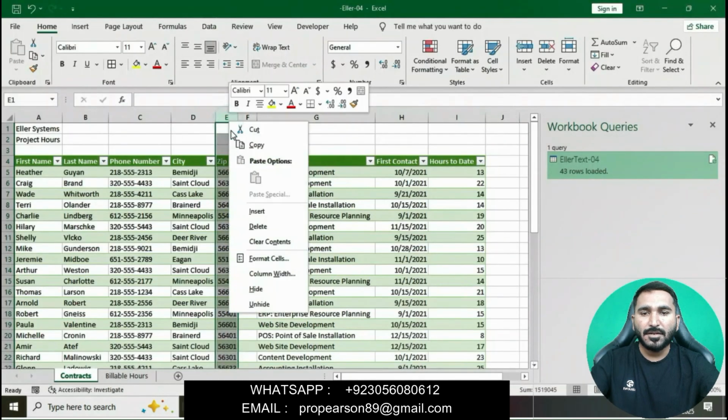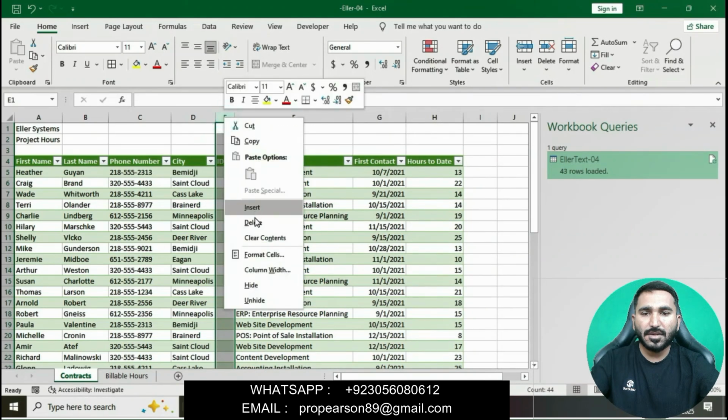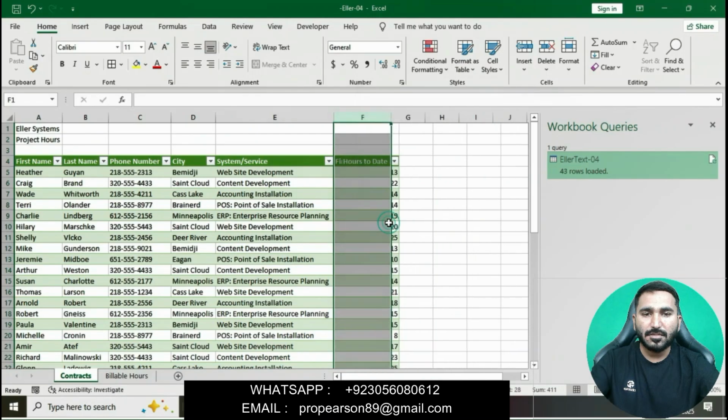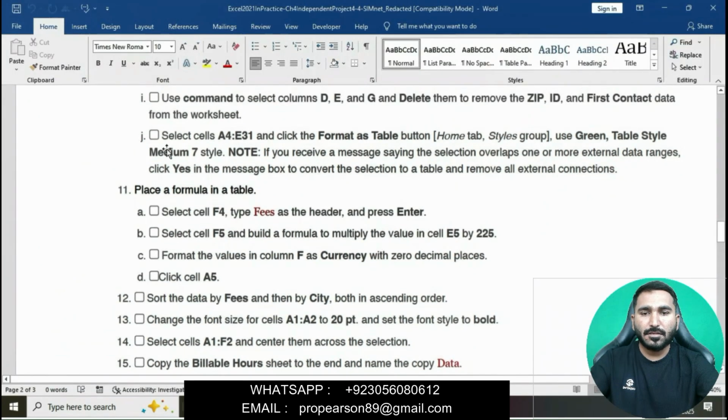We will delete this, then delete column E and then column F. Then select cells A4 to E31 and click the Format as Table button. Use Green Table Style Medium 7.